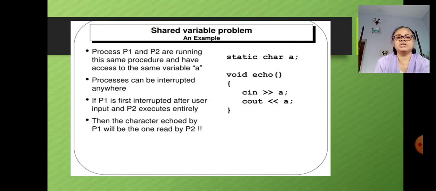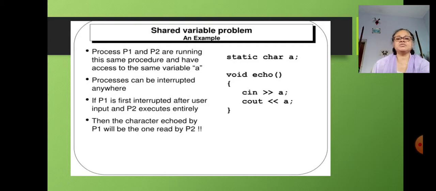Now we study the shared variable problem. If there are two processes P1 and P2 running the same procedure and having access to the same variable A, processes can be interrupted anywhere.